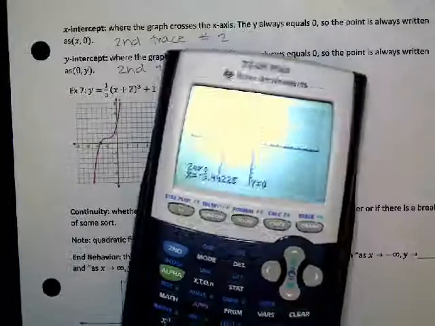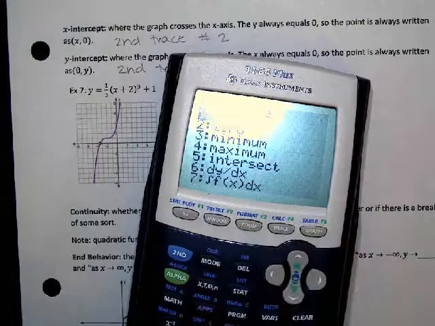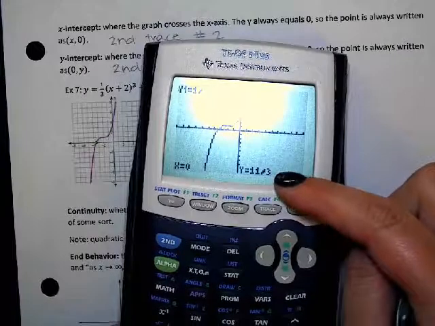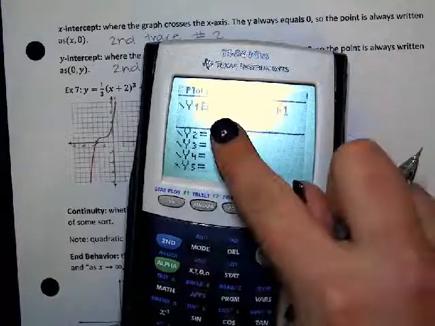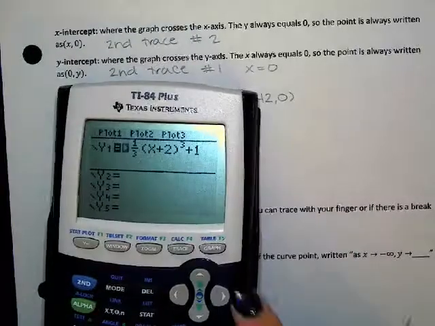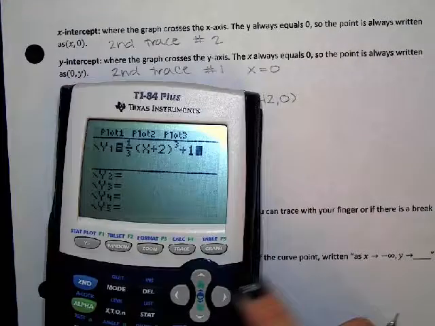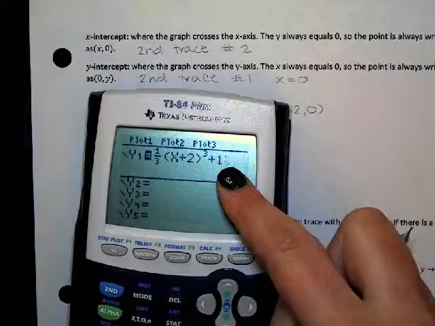Second trace, option number 1, plug in 0. Now, it gave me the y-intercept as a fraction, 11/3, because I typed a fraction right here. Now, if you don't like your answers being fractions, what you can do is at the end of your equation, this is a special calculator trick that I learned, you can hit the math button right here,